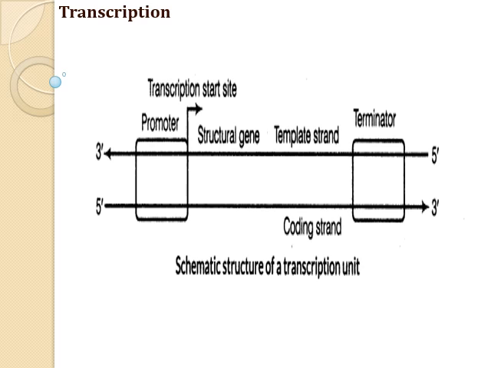Let's see the structure of transcription unit. The segment of DNA taking part in the transcription is called the transcription unit. It encodes for at least one gene. This unit consists of mainly three regions. They are a promoter, the structural gene, and a terminator.